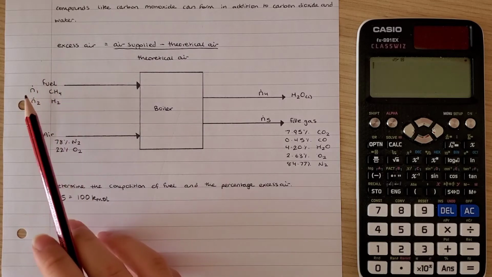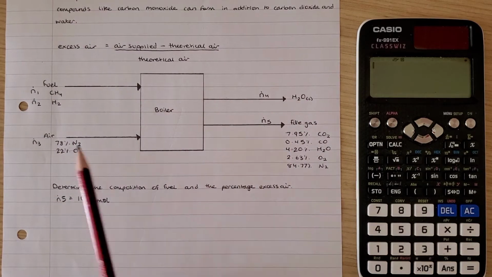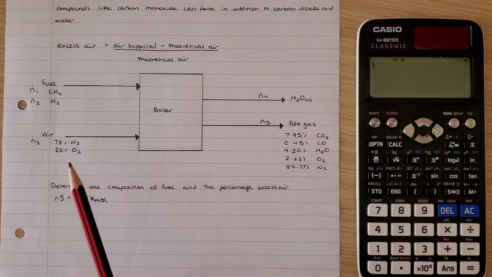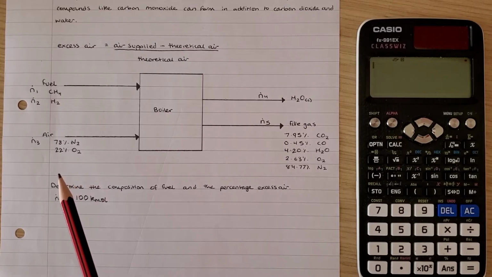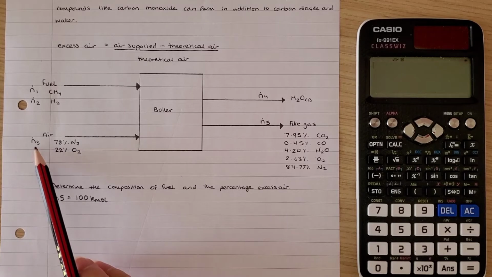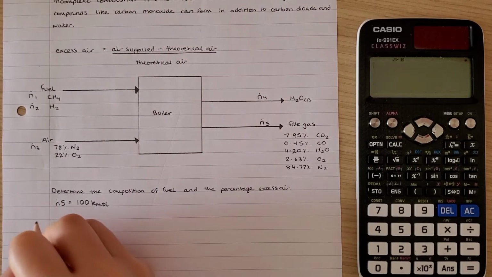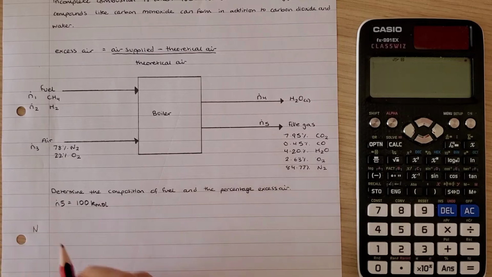There's no nitrogen in the fuel, or anywhere else except from here and here. So we can write a material balance to find the amount of air required, and that'll be N3. So if we do a nitrogen balance,